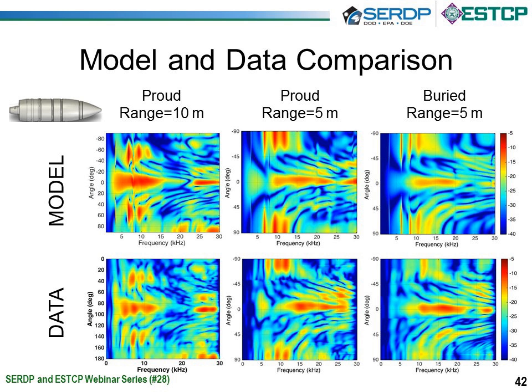Now if we look down at the data, we can see that these modes change in location in a way that matches the model. And we can also see a change in the nulls as well. So if you look at the broadside scattering, which is about 90 degrees, you see a rather broad null at about 20 kilohertz, which gets filled in when you move to the closer grazing angle. And you can also see another null forming at about 25 kilohertz in the buried case at 5 meters as well.